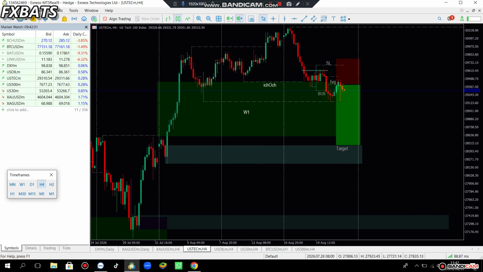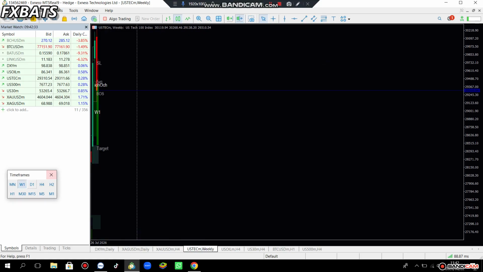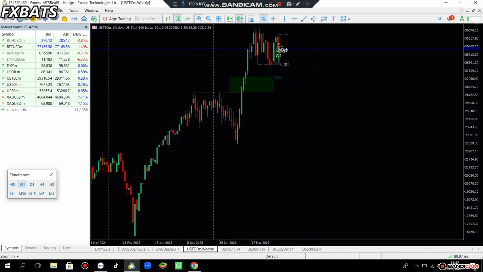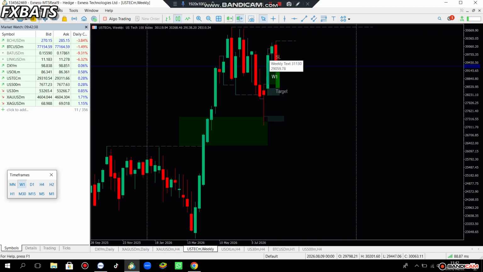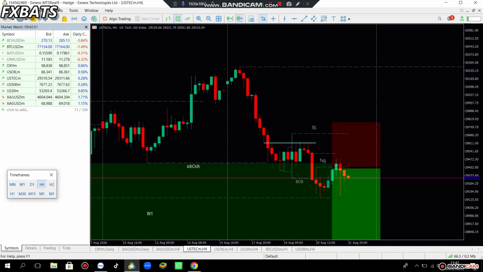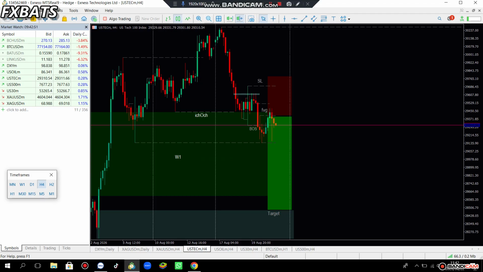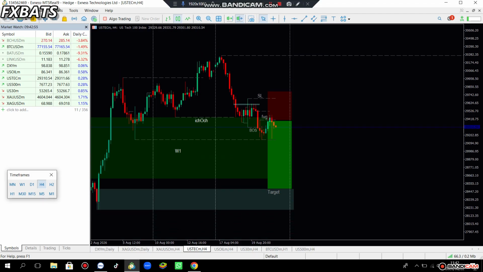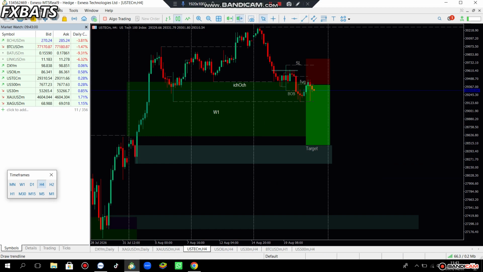Nasdaq, we're still also on a complex pullback, as you could see. Weekly, we're still bullish. This is just a complex pullback. We're literally retracing back to our weekly area of order block, because the fair value gap is likely to fail. So when I come to 4 hour, this is where my entry is. Since I swing, I normally enter on 1 hour and off 4 hour, depending on the time frame of my context. So I'm still hoping for BTC to drop.